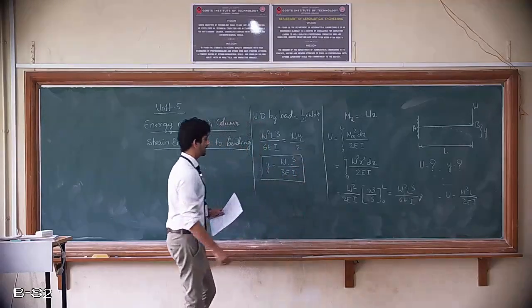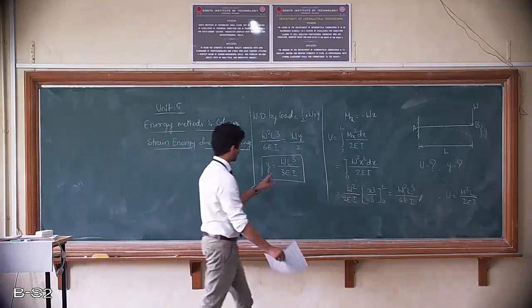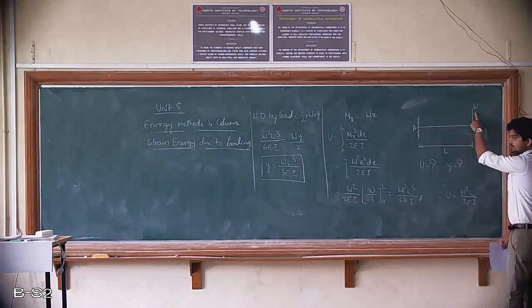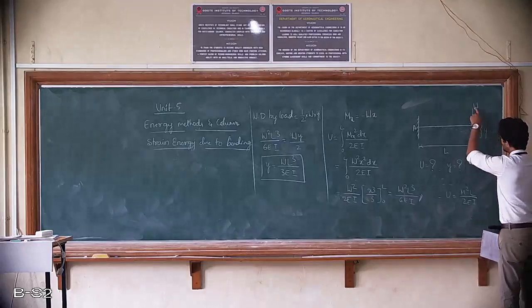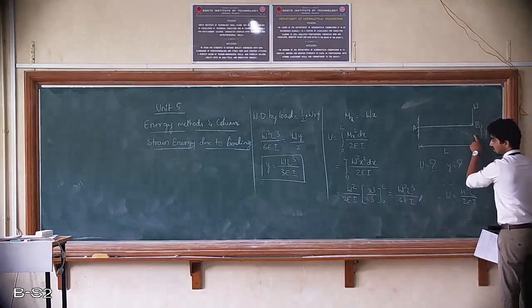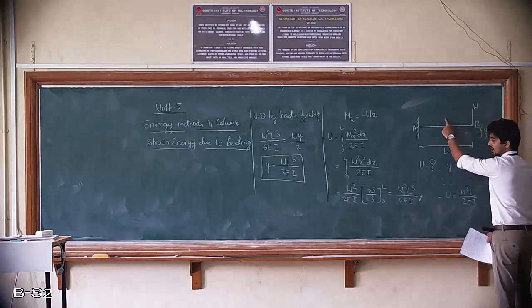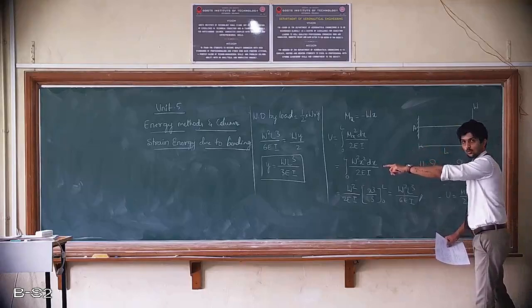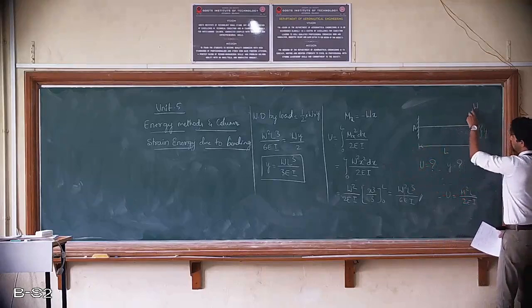So this is going to be the deflection at the free end, because the deflection is asked at the same location where load is applied. So the work done at this particular location will be the load applied and the certain deflection at that location. If the load was somewhere else and the deflection was asked at this particular location, then this will not be the method to solve. We need to use some other method. Whereas here they have asked the deflection at the same location where load is applied.